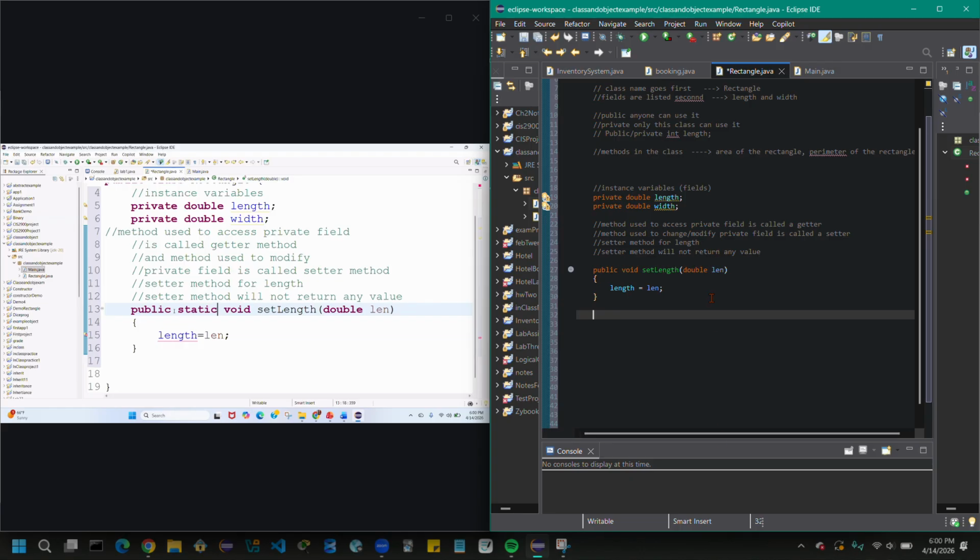But in object oriented programming, static is another concept, so we cannot use it inside a method. We will talk about it in a later class. So whenever we work with classes and objects, we create methods without the static keyword. Okay, so I will delete this keyword from here.